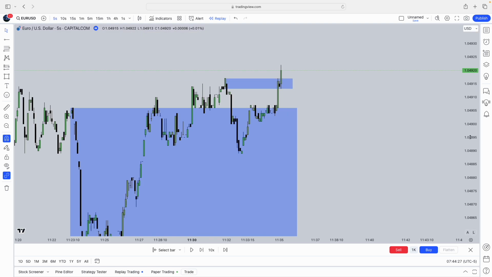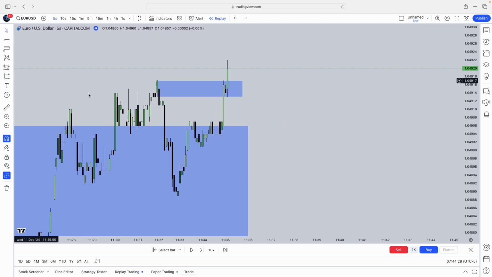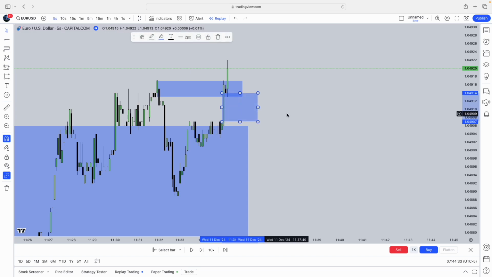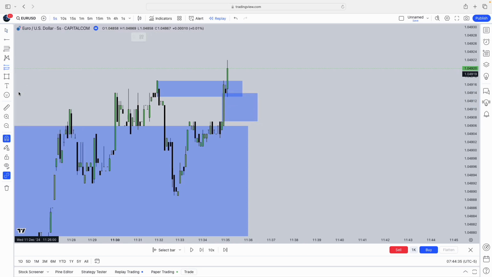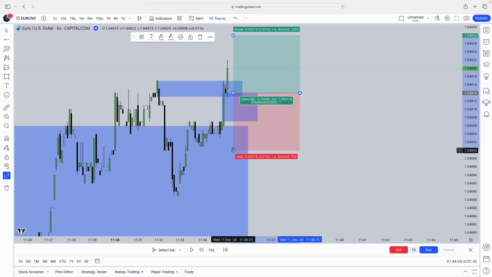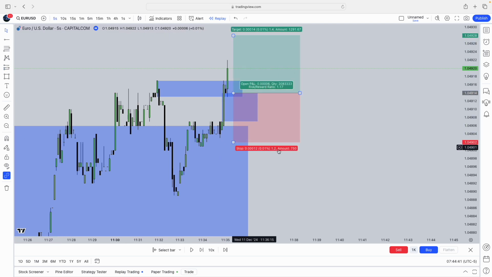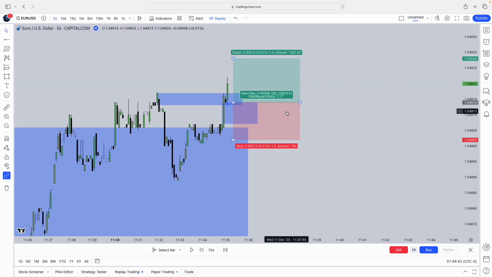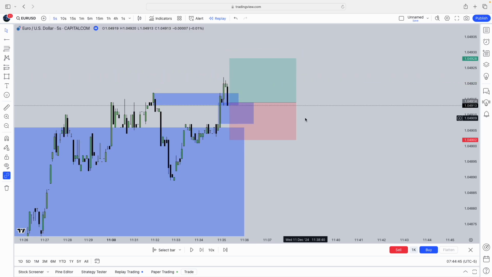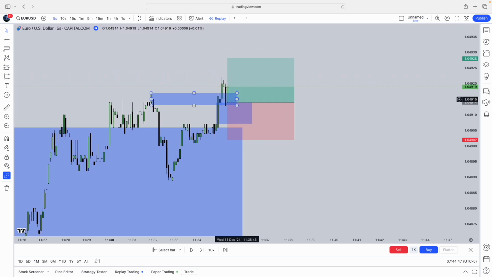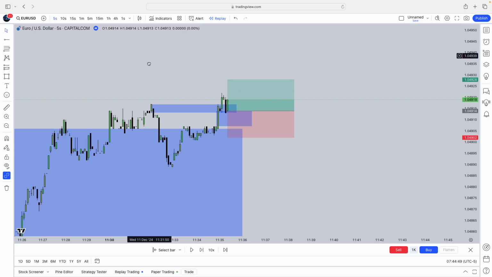Is there a fair value gap inside the breaker? Yes, there is. There's one here. Okay, so this would be our entry here, and our stop just below that low there. Okay, so let's see if we get tagged in. We do. Okay, so now our first target